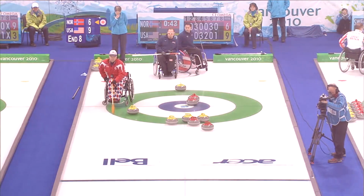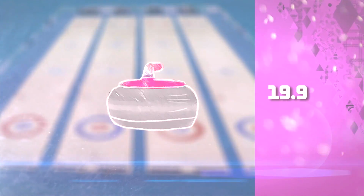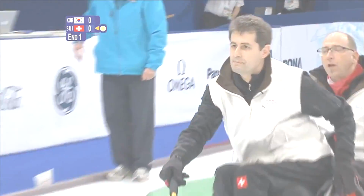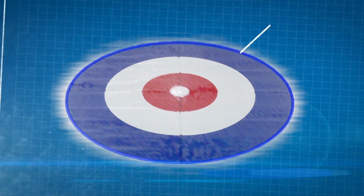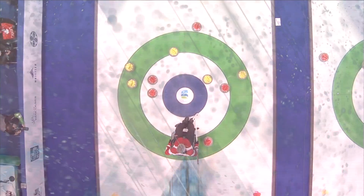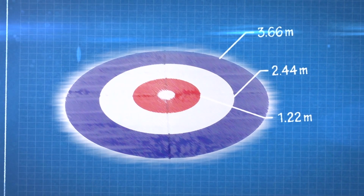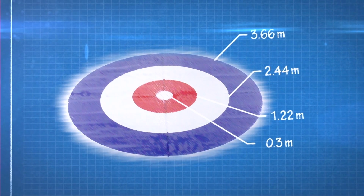Curling is played on an ice sheet, with members of both teams taking turns sliding a 19.96 kilogram stone towards a circular scoring area called the house. The house is made up of 4 concentric circles. The outside ring is 3.66 meters in diameter. The next ring is 2.44 meters in diameter. The next ring is 1.22 meters in diameter, and the inside ring, known as the button, is 0.3 meters in